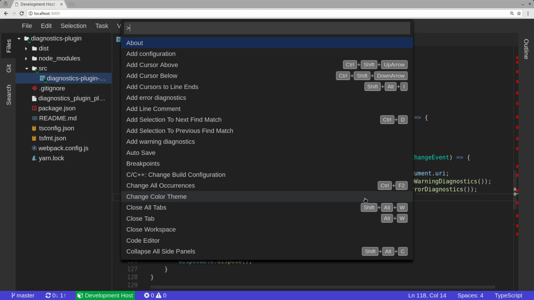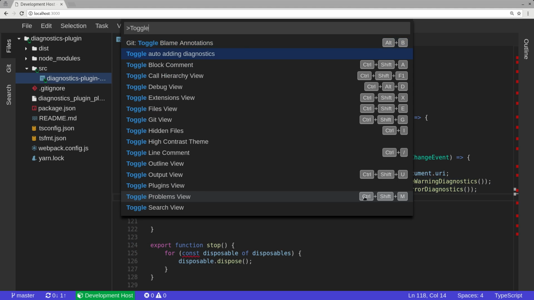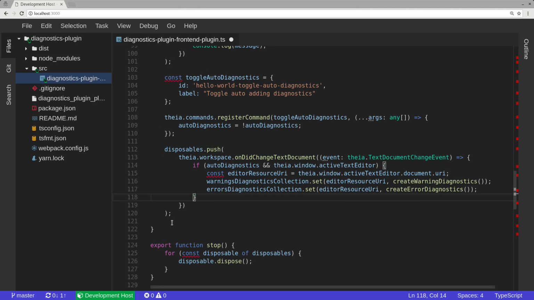So let's test it and try to type something like test const. As we can see, it changes when I type something,